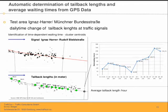And we at first extracted all GPS positions where there was no movement. So on this traffic signal, as you can see over here, and then we calculated the tailback lengths to the original position of the traffic signal. And as you can see over here on the right side on the diagram, it's a good indicator for determining or visualizing the different traffic flow conditions inside the road network,